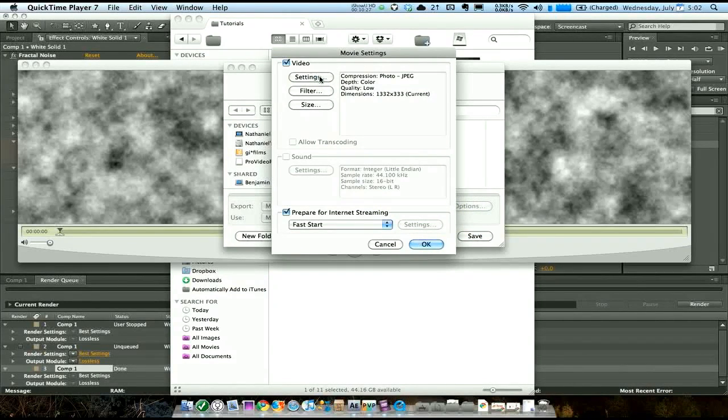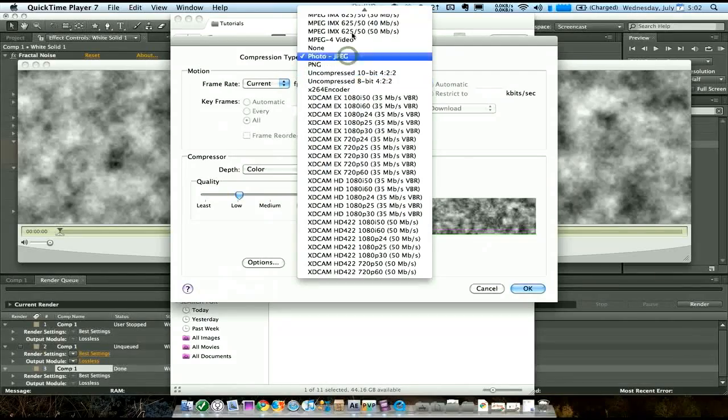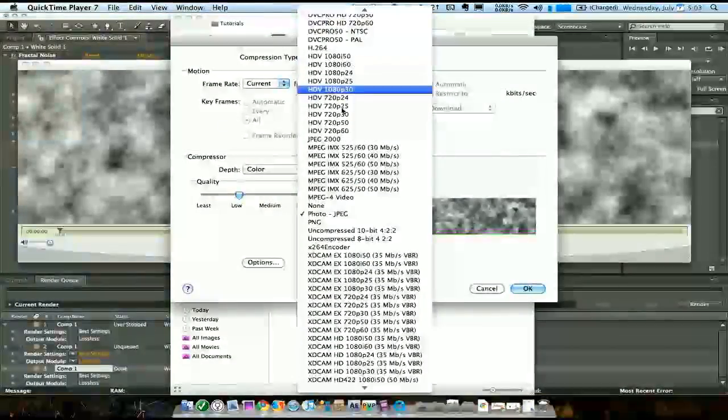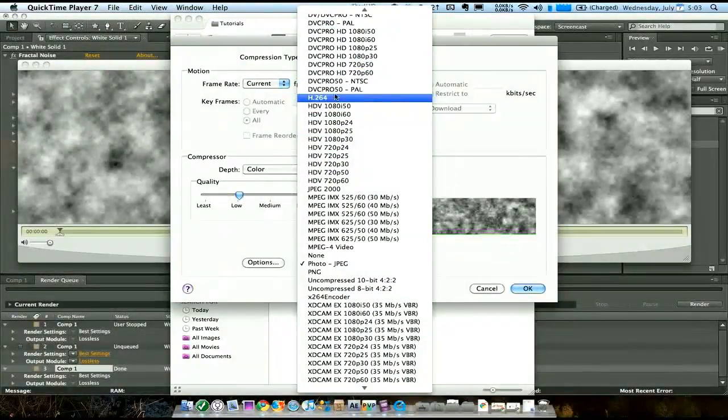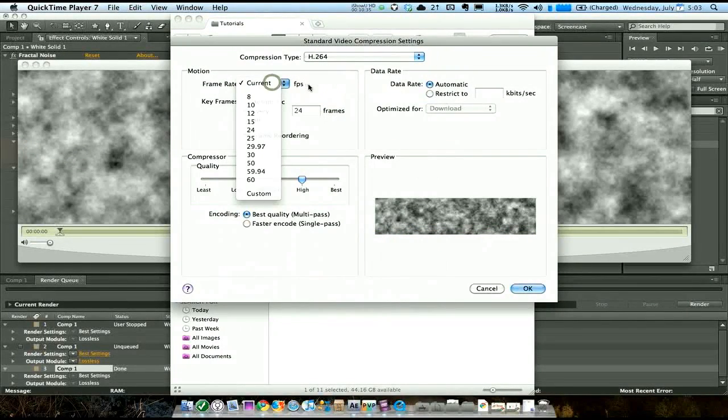So Settings, Compression Type, H.264, frame rate at current. It would be 60, but we'll just leave it current, and we want to key all frames. Now that's the other big part, is that we want to key every single frame. The reason why we want to do that is because H.264 does a great job compressing stuff, but the issue is that you're going to get some blocks and kind of